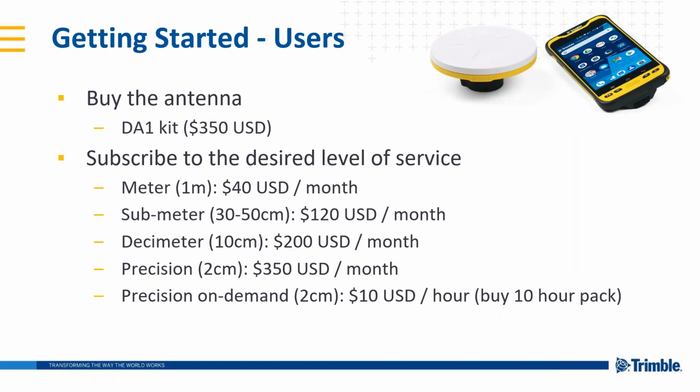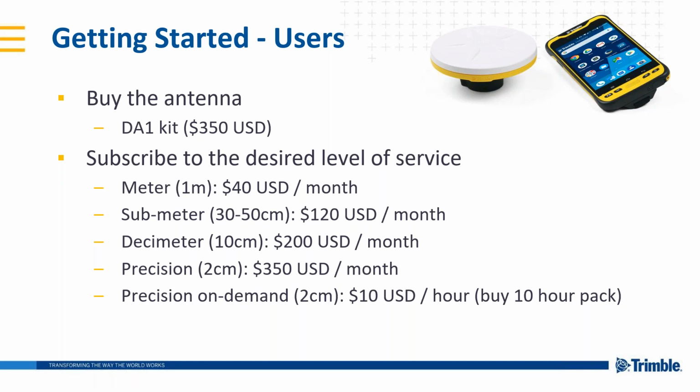So just to come back around. I've covered quite a lot of information here in terms of the different components that are in the system and how much the different things cost, but I just wanted to summarize it on one slide here. So getting started from a user perspective, what do you need to do? So you need to buy the antenna kit, which is in that 350 USD range,